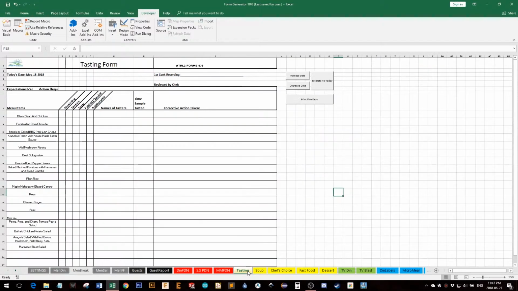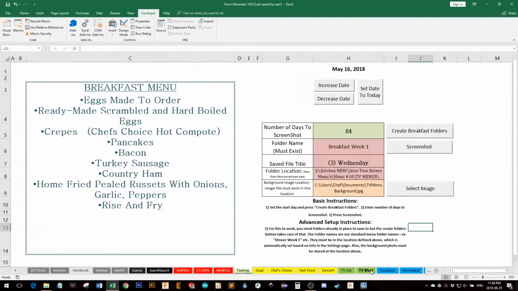What's next here? Tasting menu. Much like the dinner menu, this is just another form I have to fill out every day that I like to have done for me, because why would I want to spend my time writing in these things when I can just automate it? The next part is